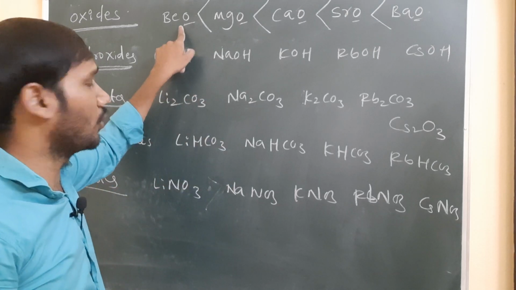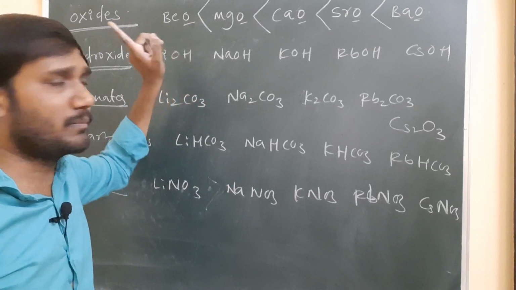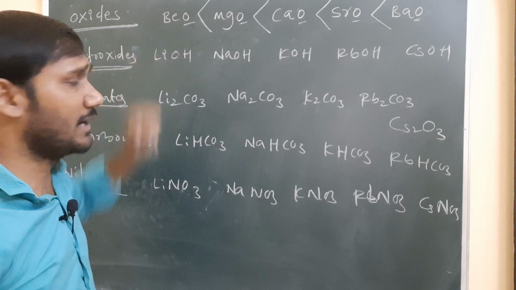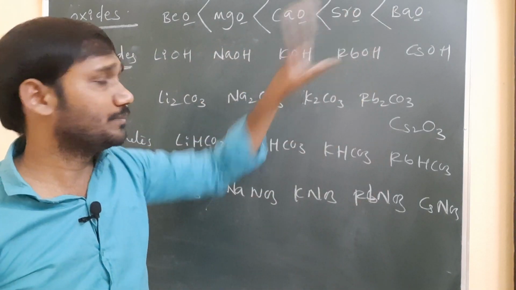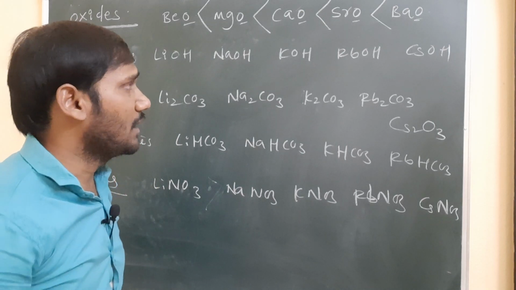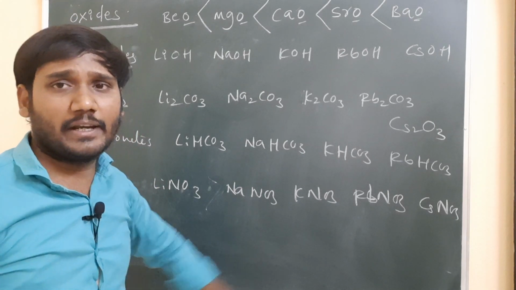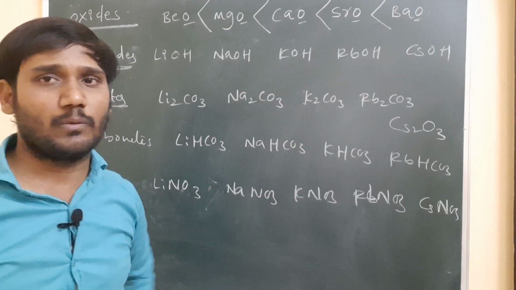Why is lattice energy more? Because lattice energy is inversely proportional to size. Beryllium size is small, so lattice energy is more. When the common ion is small, lattice energy is inversely proportional to solubility. Otherwise, you can say that when a common ion is small, solubility is directly proportional to size. So directly we can take that.